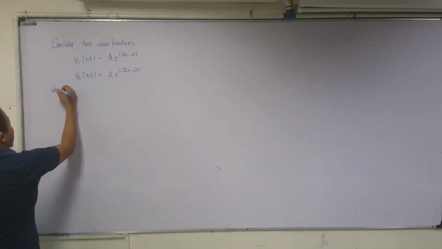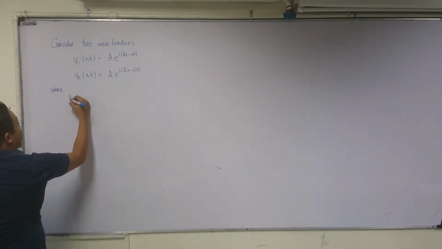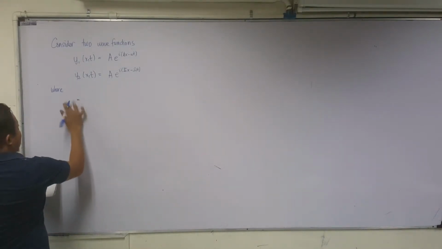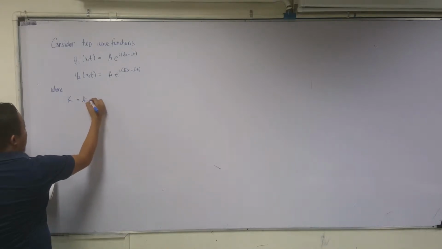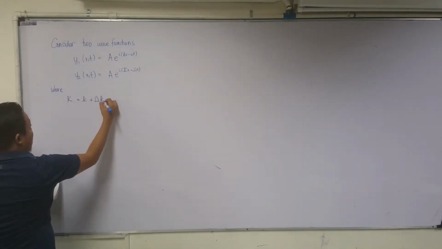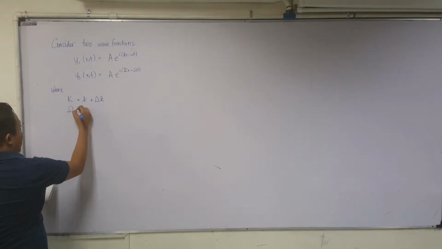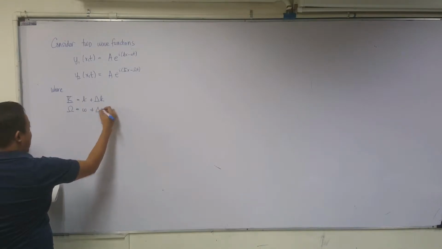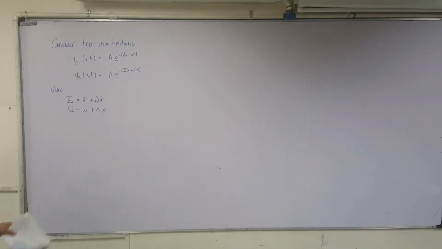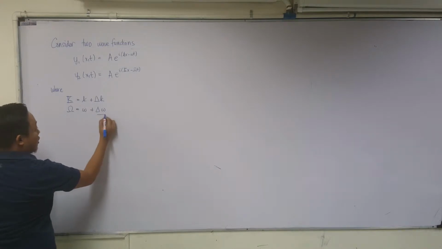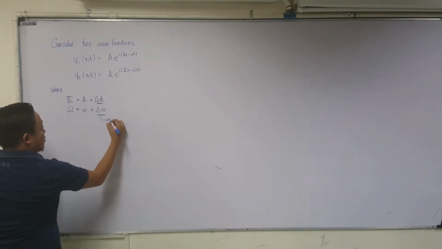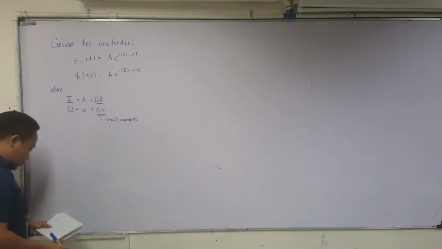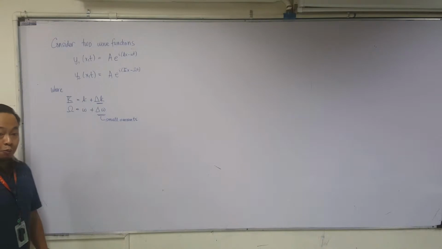Where capital K is equal to small k plus some change in k, and capital omega is equal to small omega plus some change in omega. So this delta k and delta omega are small amounts. By the principle of superposition,